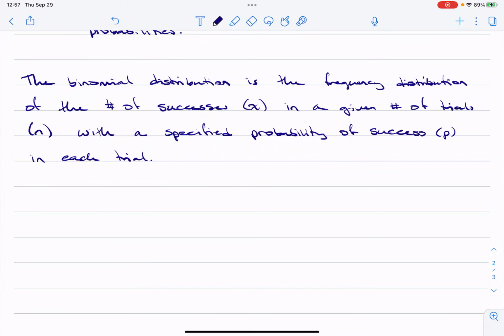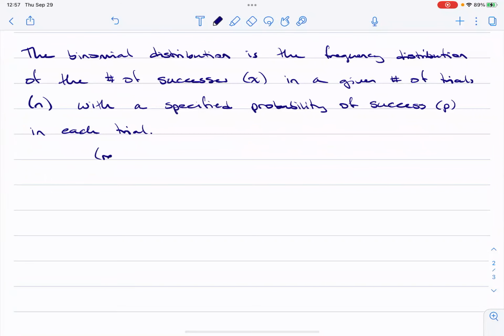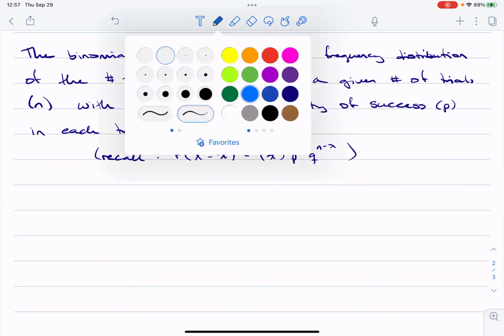Now, you might remember, I'll put it in brackets because we're not going to use it again, because we're just going to get R to calculate these probabilities. But we did use things like the probability that X equals x is N choose x times p to the x times q to the N minus x. But we're going to use R to calculate these now.